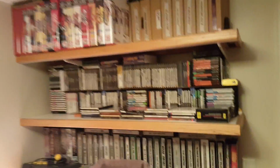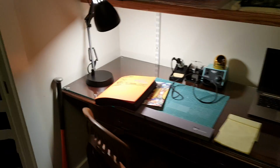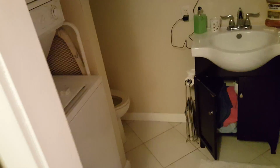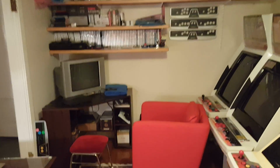Yeah, so anyway, I just put up all these shelves. I think it looks pretty good. Again, this room, I can barely shoot it. See, I got a bathroom on this side. And over here, I've got my little...